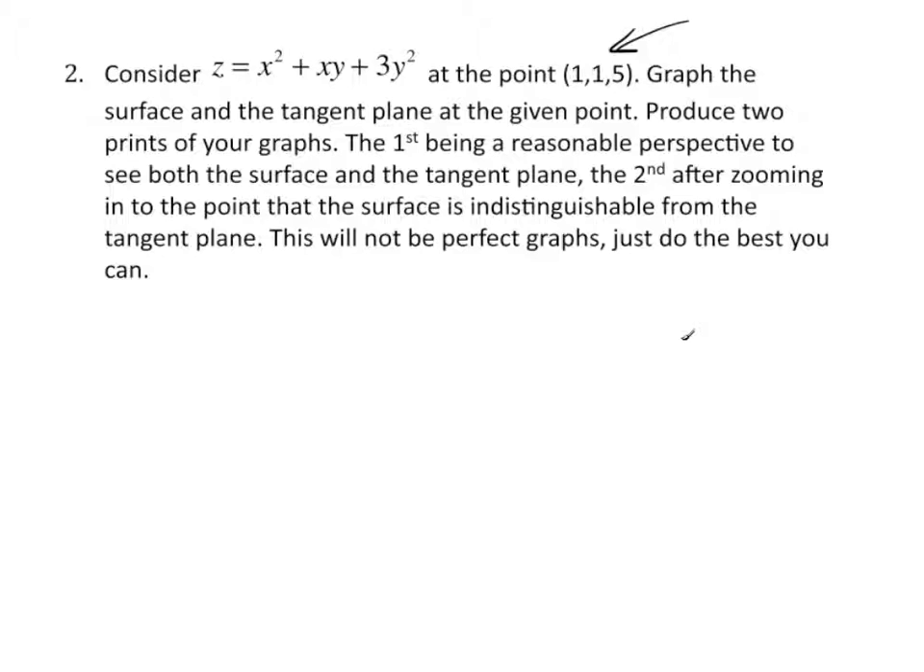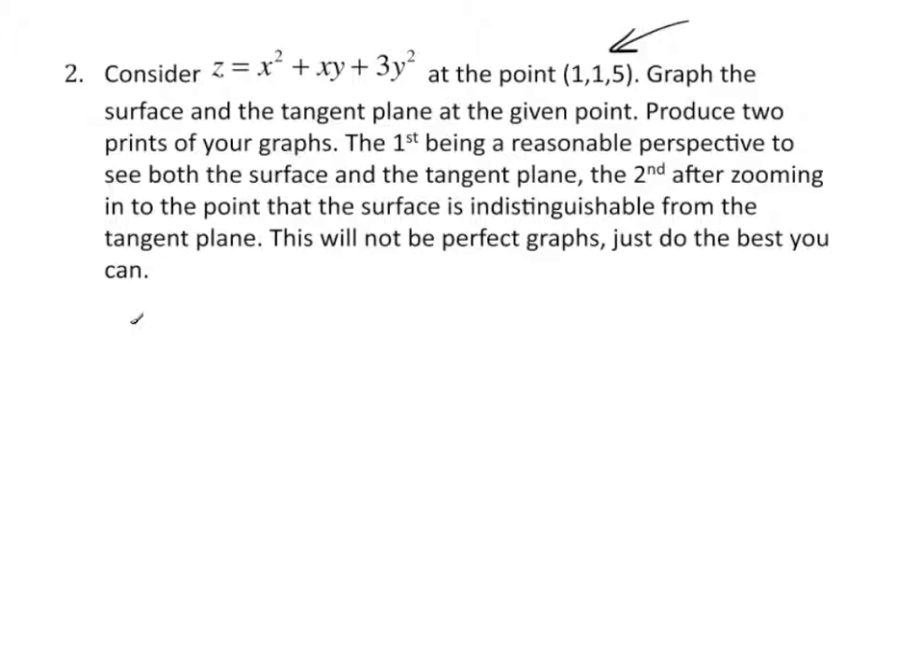The second after zooming into the point such that the surface is indistinguishable from the tangent plane. Actually, we'll play with that a little bit, but I'm not going to go too crazy on the zooming in thing. I'll let you play with that. Okay, so I need a point, which I have, (1, 1, 5), and I need a normal vector, which I can use